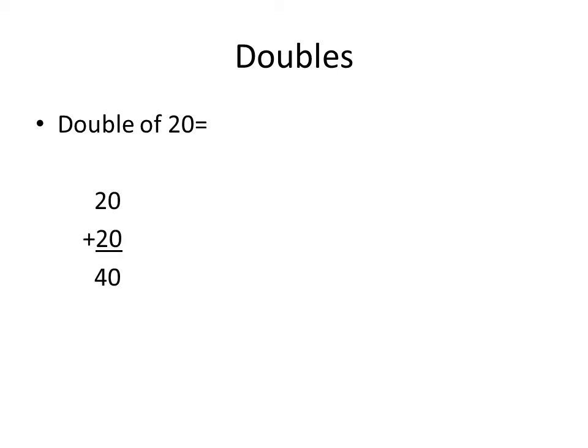Right, now look at this question. We have double of 20. Here I have taken the answer, and I will show you the way how to get this answer. Double of 20 means 20 plus 20, right? First what we do is we add the both zeros, or the unit place numbers, first.